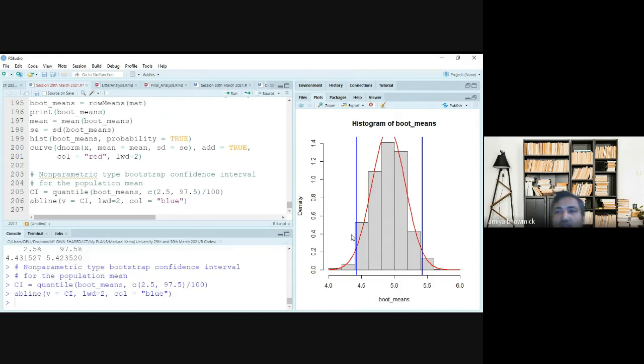Right? So these are the two values that you have got. These two vertical lines are called the bootstrap confidence interval, the 95% bootstrap confidence interval for the population parameter, which is the mean of the population.